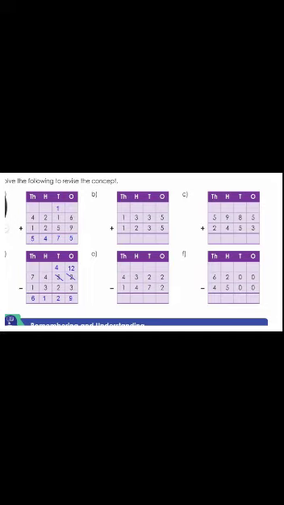We will borrow from the tens column and then we have to write the number next to it. 5, we will cut that 5 and write 4 above it, and we will cut that 2 and write 12 over it. So now the new number is 12 minus 3 in the ones place. Answer is 9. And in the tens column, 4 minus 2. Answer is 2. 4 minus 3 is 1 and 7 minus 1 is 6. So now the final answer is 6129.